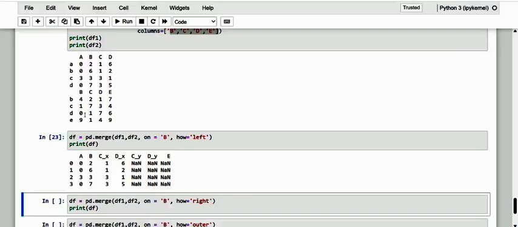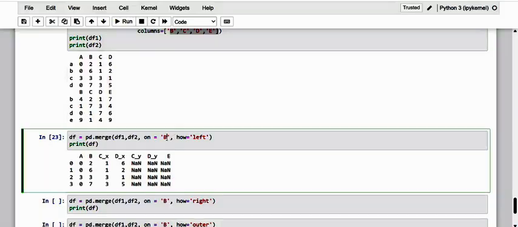And column B is identical to that of the left data frame, which the joining is based on. And next, the columns CX, DX, CY, DY are four new columns derived from the joining of the columns C and D of the two data frames.